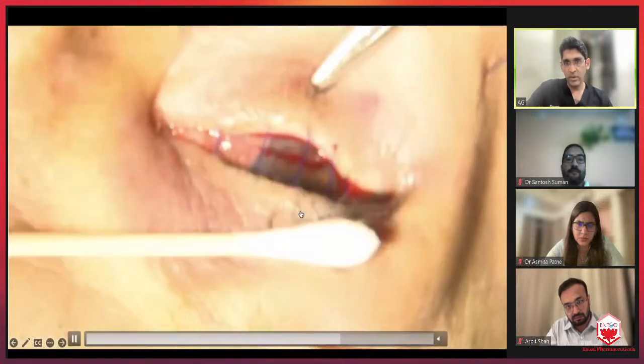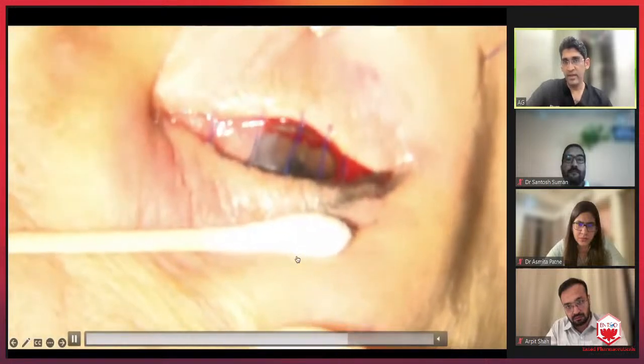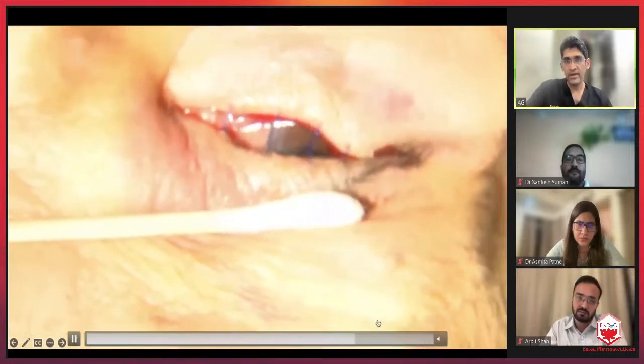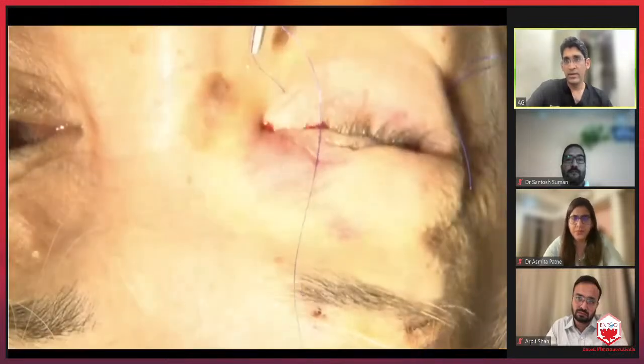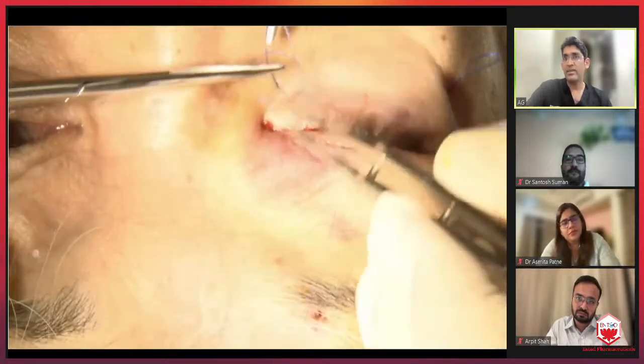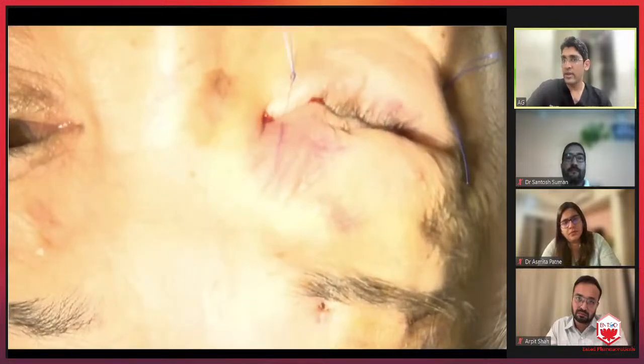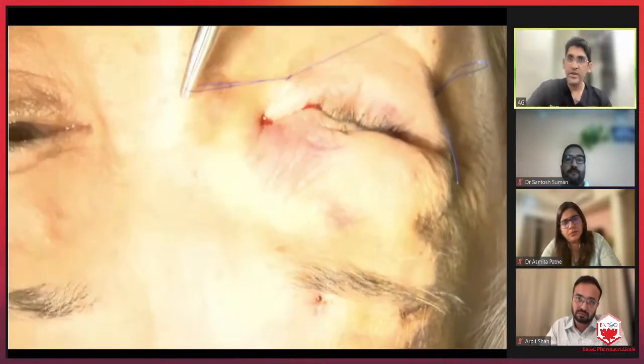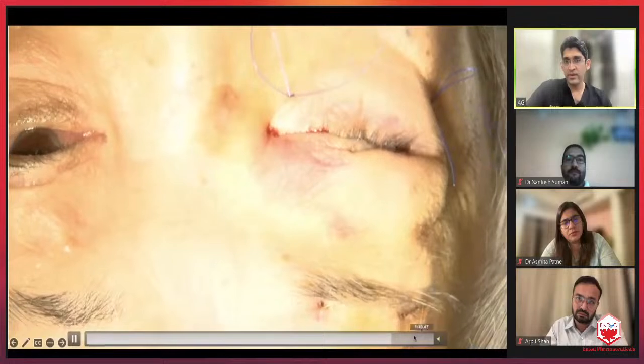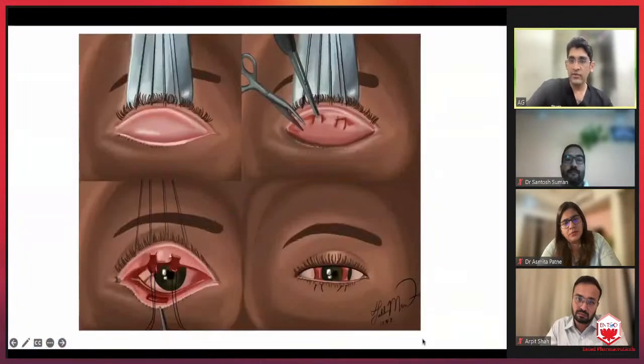So once the knots are pulled, you can see that the sutures have passed right from the upper to the lower eyelid. And once this is pulled, the tarsorrhaphy and the eyelid closes like a zipper, and then a temporary knot can be used. This knot can be opened up whenever you want to examine the patient, and then closed again because it's a figure of 8 knot. So this is serpentine tarsorrhaphy, which can be used.